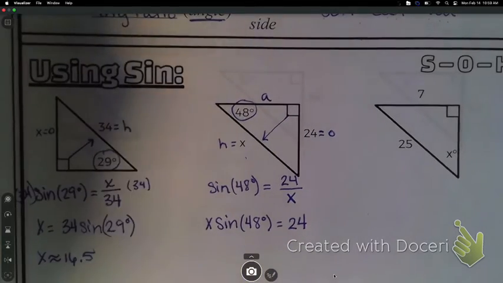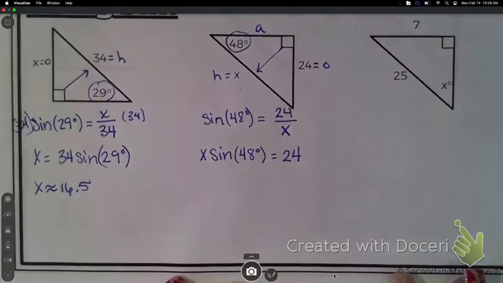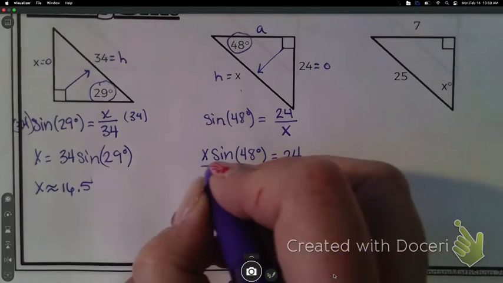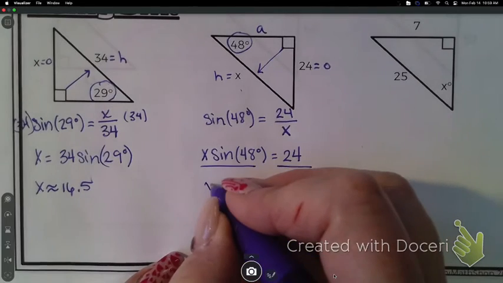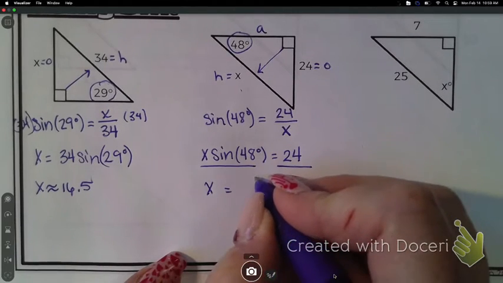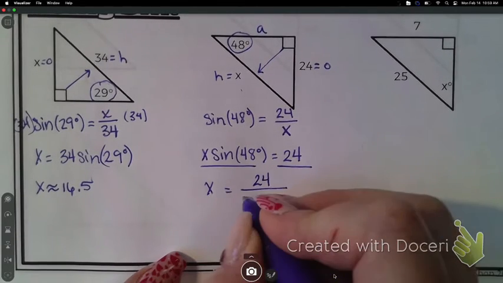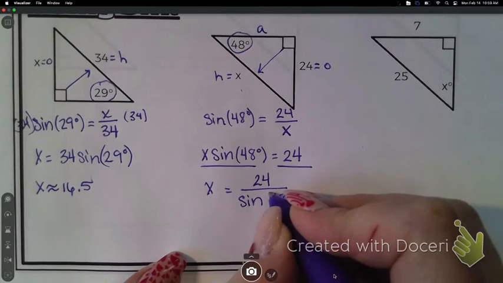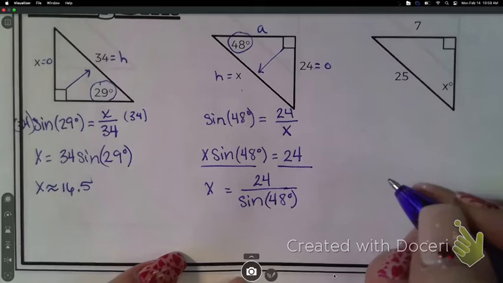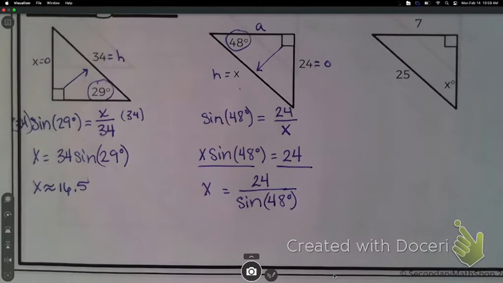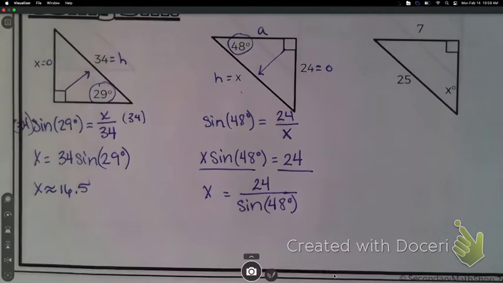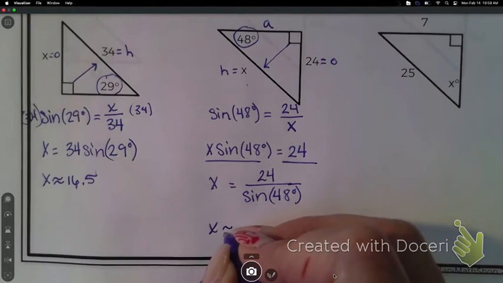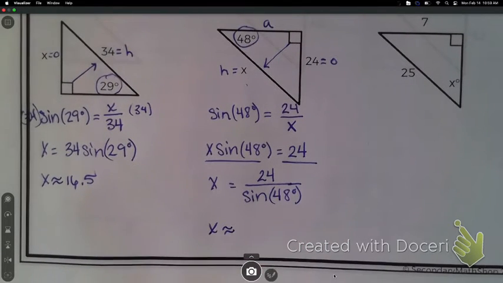So how do I undo that? This is multiplication. What's the opposite? Divided by. You're going to divide 24 by sine of 48. We're not going to divide by x because you just multiplied by x. We want x equals. So there's my exact answer. So my approximate answer, when you put it in a calculator,